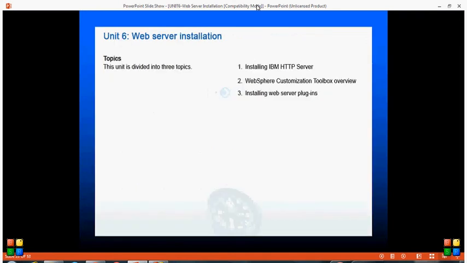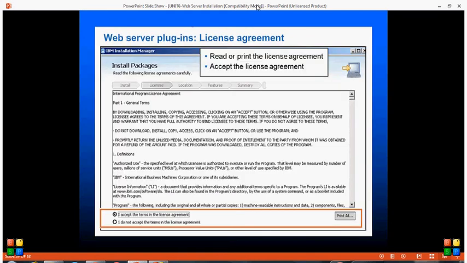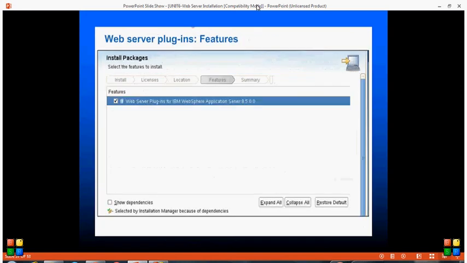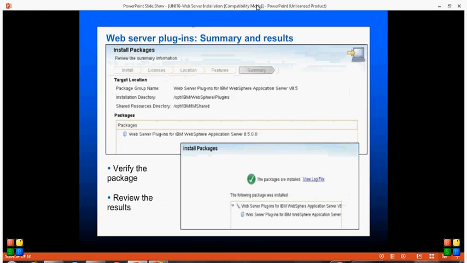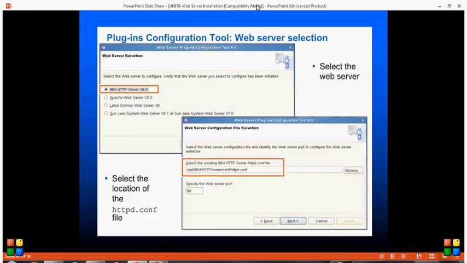Coming to installing web server plugins. For package installation, the same Installation Manager will be used to install this as well. We need to accept the license. We need to specify the group name and installation directory. We need to specify the plugin runtime location here, and